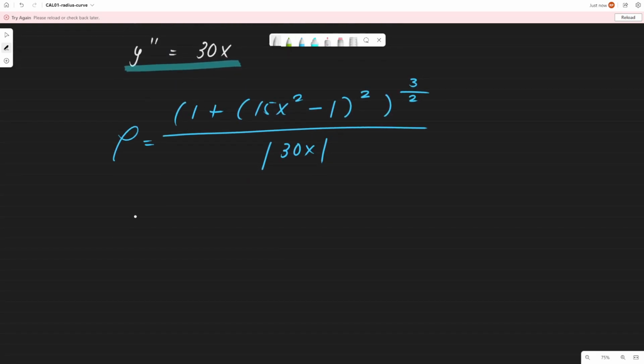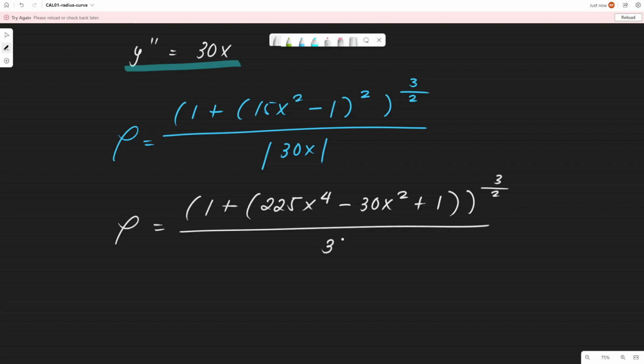So, we have rho or y, or rho is equal to 1 plus, so what is 15x squared quantity squared? That is 225. Tama ba ako? So that's 225x to the fourth. Then we have minus 30x squared plus 1, no? Yan yung ating first derivative, no? So quantity raised to 3 over 2